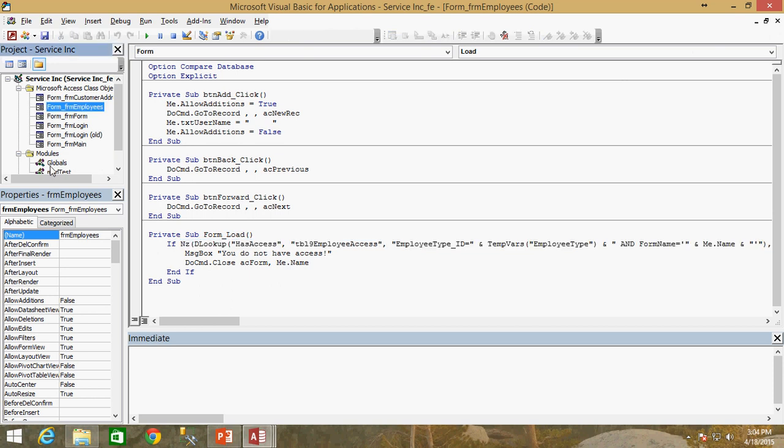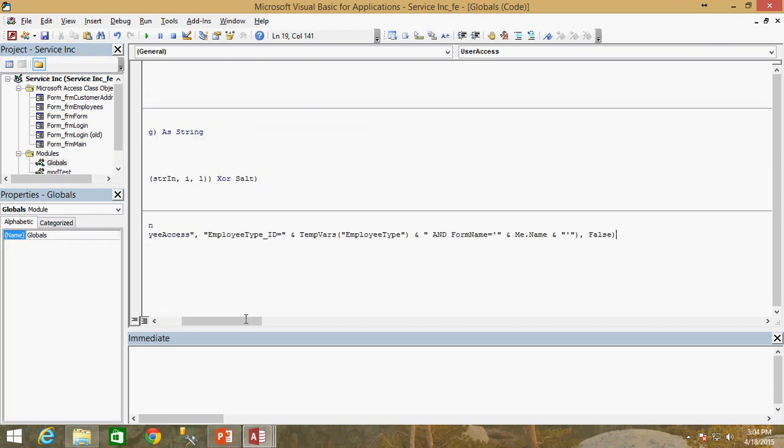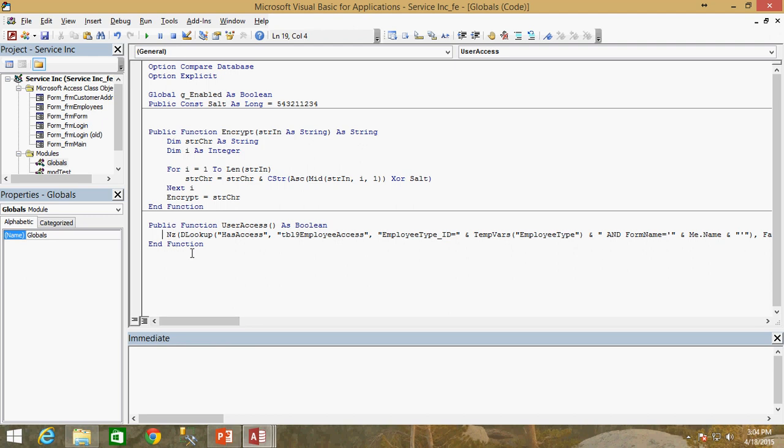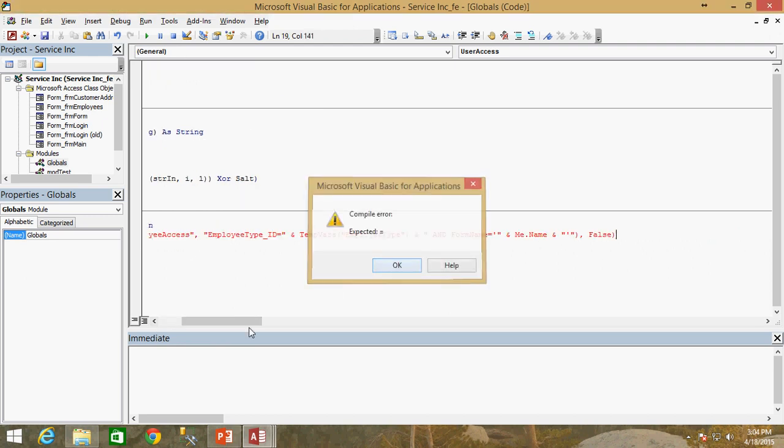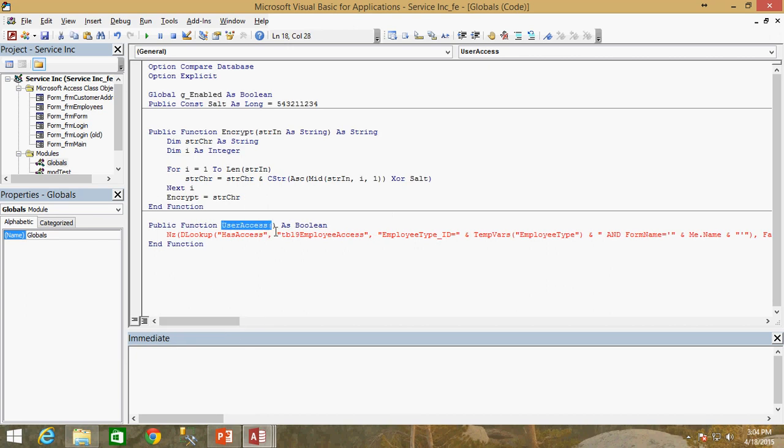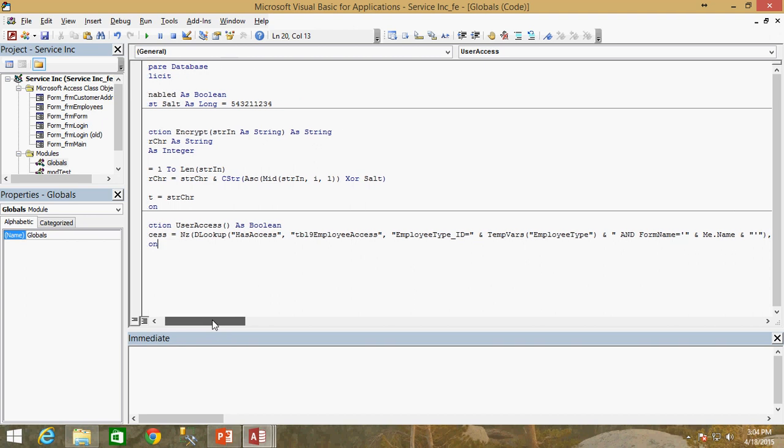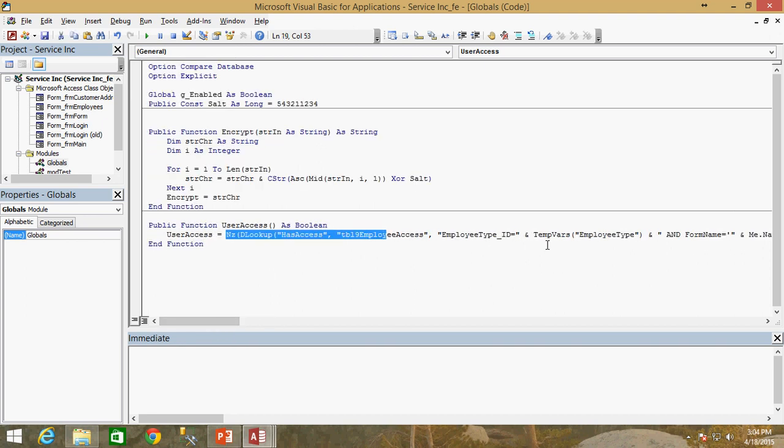I'm going to go back to my globals module, and I'm going to paste that into my function. And I'm going to make this user access function return the result of that NZ lookup. So we're just going to do user access equals the value that gets returned by the NZ lookup. Whatever this returns is going to be assigned to the user access variable, which is returned by the public function as a Boolean. Okay, so that's going to make things a lot simpler. However,